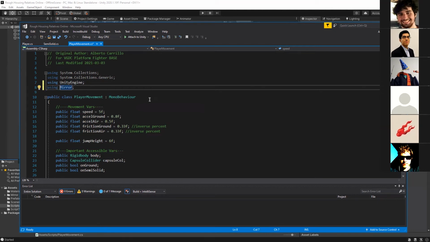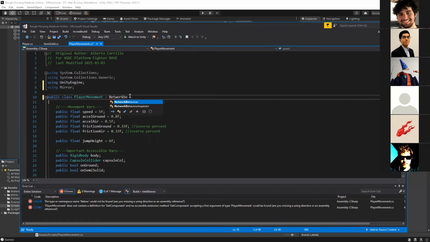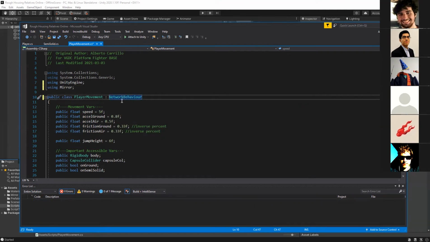And one of the first ones we're going to use is NetworkBehaviour. Now that it's a NetworkBehaviour, there's going to be a lot of built-in things that'll help us. You don't have to make every single script a NetworkBehaviour, and once you get more familiar with how this all works, you'll know when to use one and when not to.